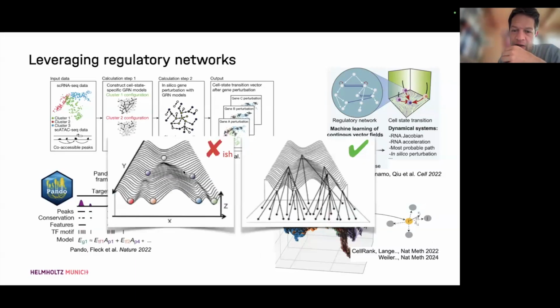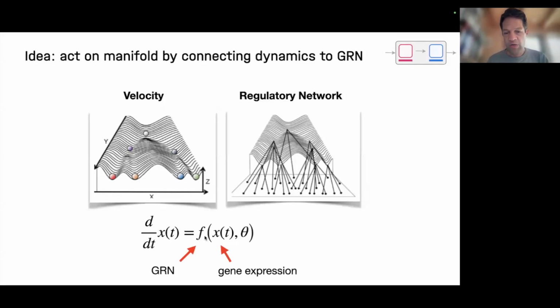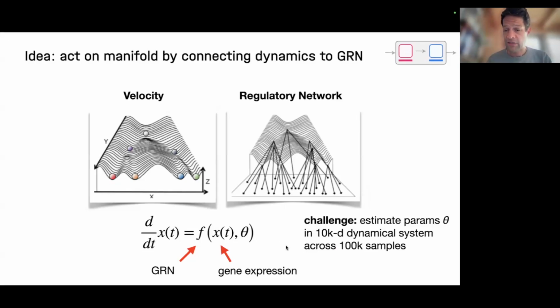But then they typically are good at telling you the next state, but they don't really tell you what the actual temporally resolved dynamics are, because finding parameters of these is really hard. So what we try to do is smush these two things together. We have this very flexible embedding, but we add the dynamics. The dynamics would be encoded in that forward thing, and we write up this old dynamical equation, like how would gene expression change over time according to a GNN pushed forward. But you have this huge parameter set. It's like a 10,000 dimensional dynamic system.